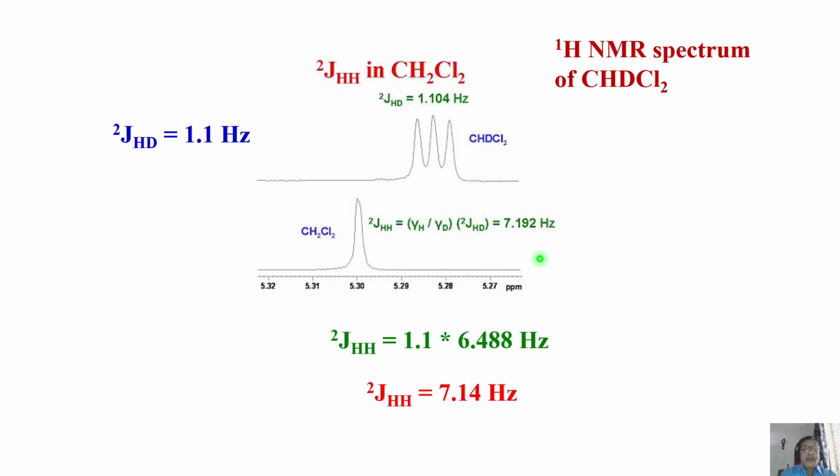So we know that in systems with magnetic equivalence, we will be able to get the HH coupling, which is invisible in the proton spectrum, by using either carbon-13 satellites or making isotopic substitution. We see the HD coupling, and from that we can get the HH coupling. This is all well known. Okay. Now